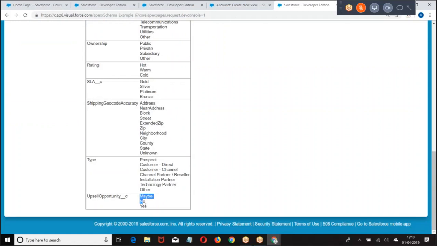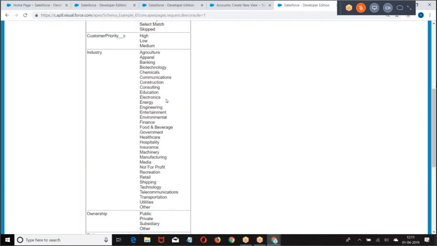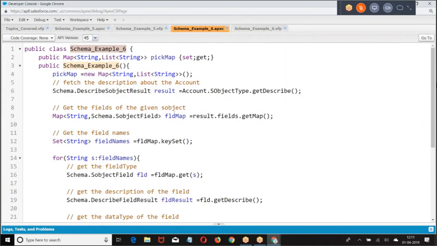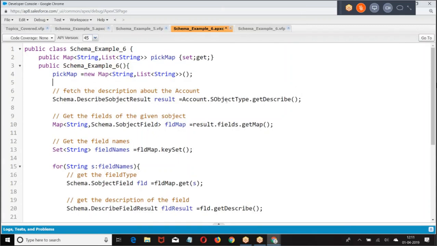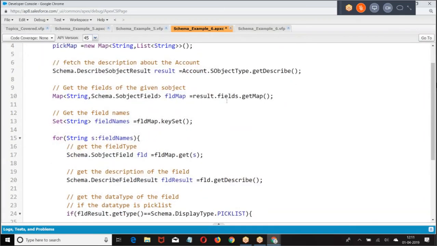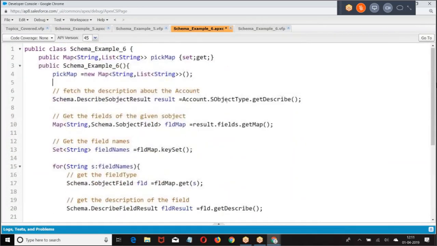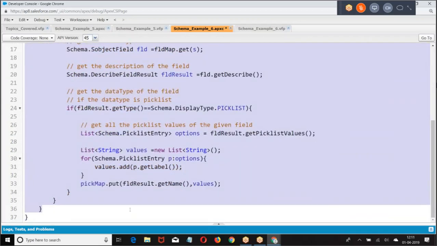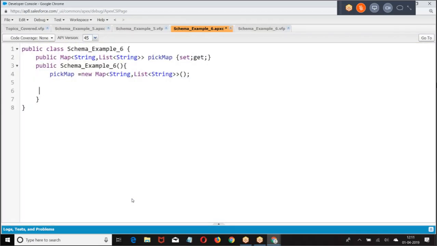So look at this, multiple options are there. The field, corresponding options. Whatever existing options are there for the pick list field, those options I fetched and put in a list. Now once again come back to the story, look at the code. What is the first line we had? Get the description about the object. Once you got the description, you're going to get the corresponding fields. I'll try to build it from scratch once again. What is step number 1?